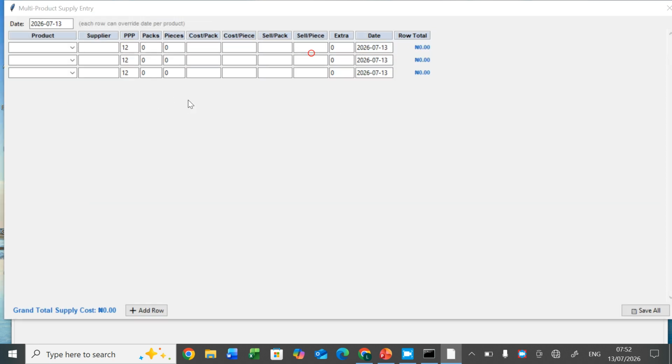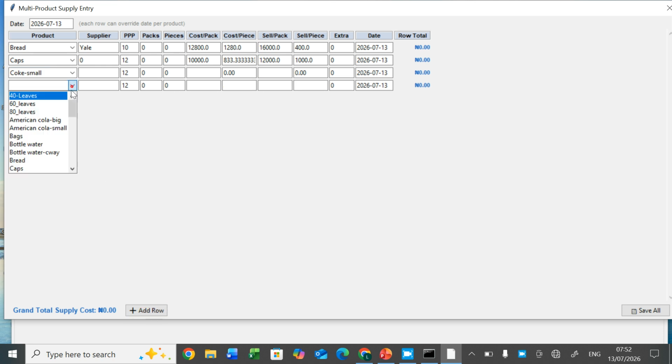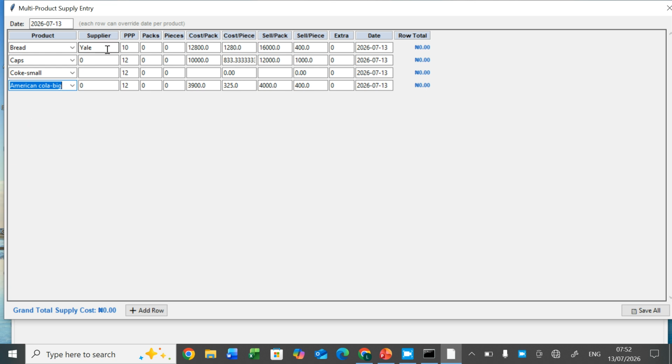If it is multiple supplies, that is, today you are having a supply of bread, a supply of carbs, a supply of many things, you can add more rows. You are having a supply of, let's say, American cola as well. It shows you the previous setting of pieces per pack here. How many packs are being supplied? Let's say two, let's say 4 here, let's say 5 here, let's say 7 here. Then how many pieces, if there are any, you indicate them. The cost per pack, this is the previous one. How much are you now selling? This one doesn't